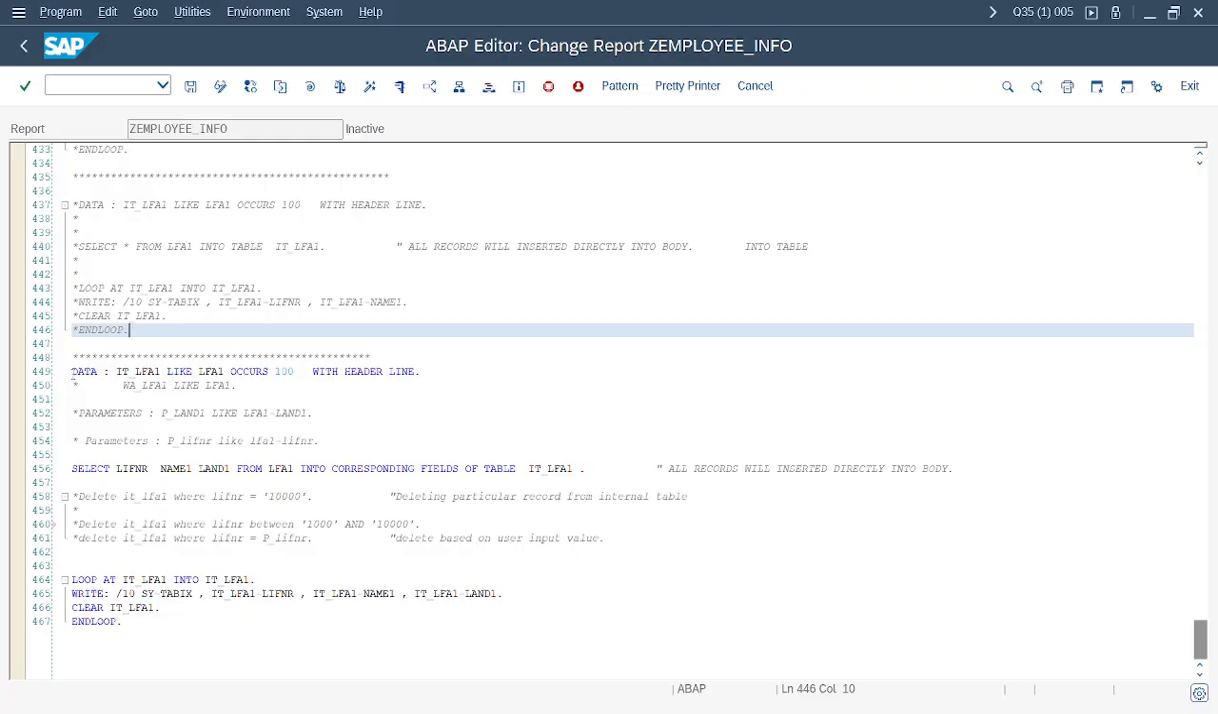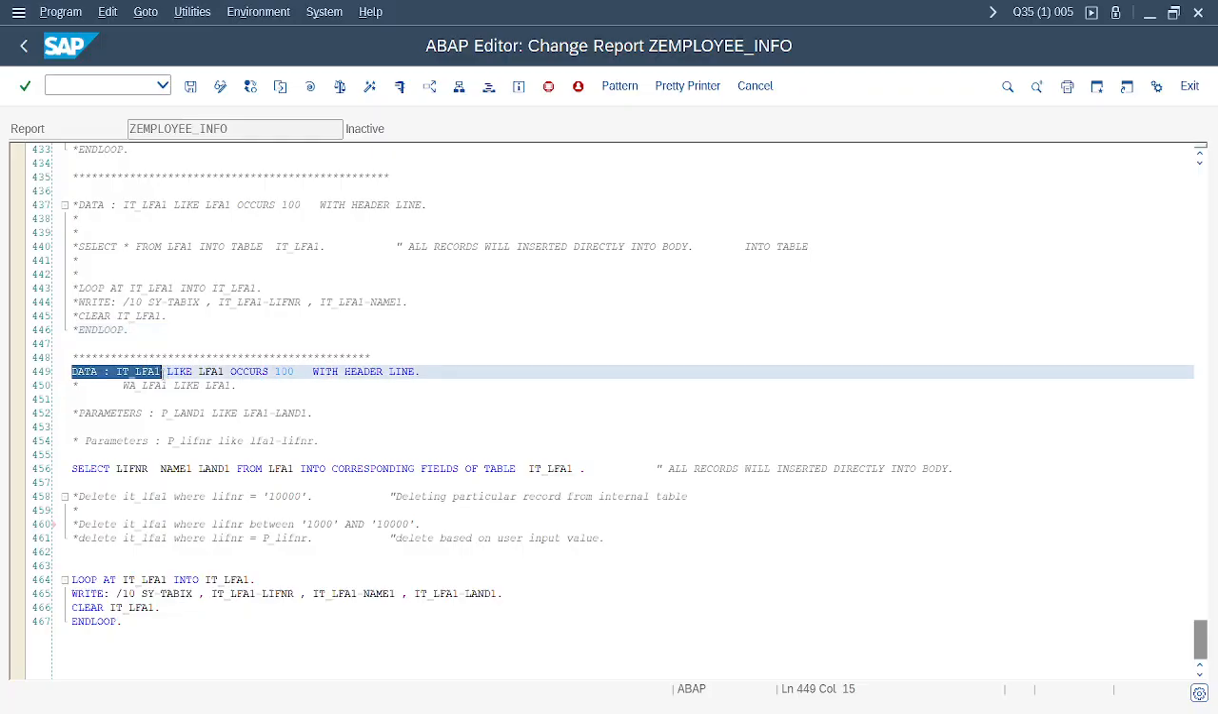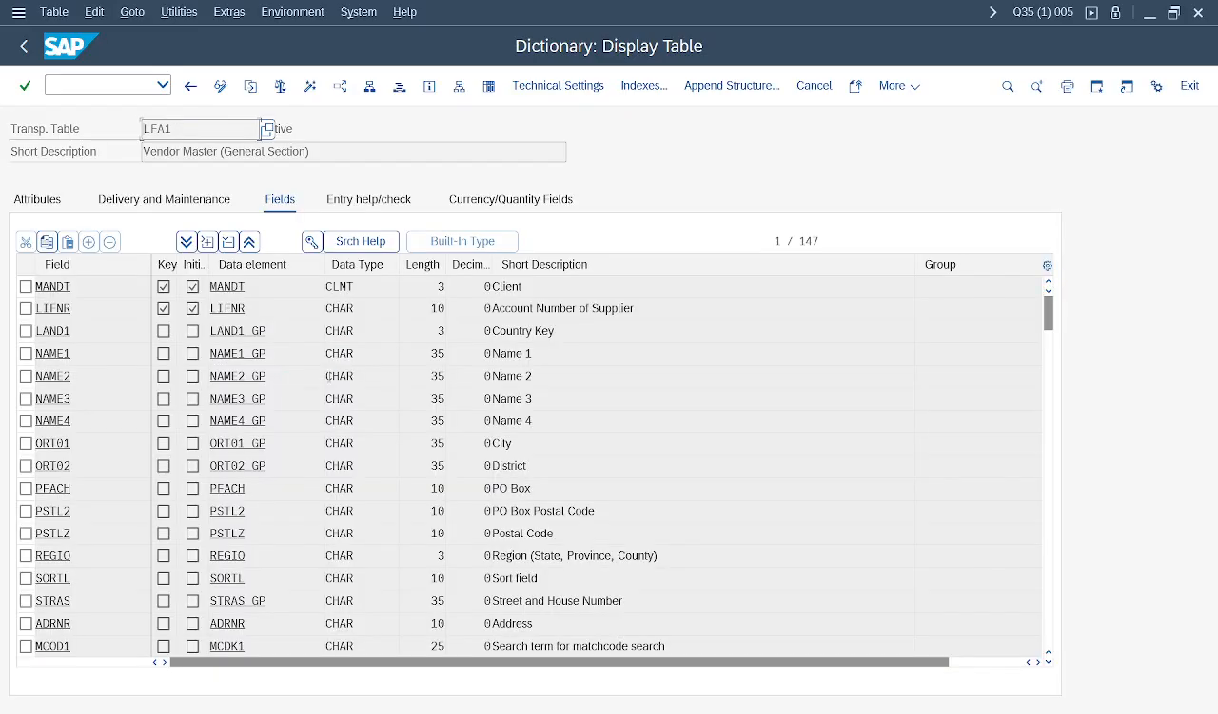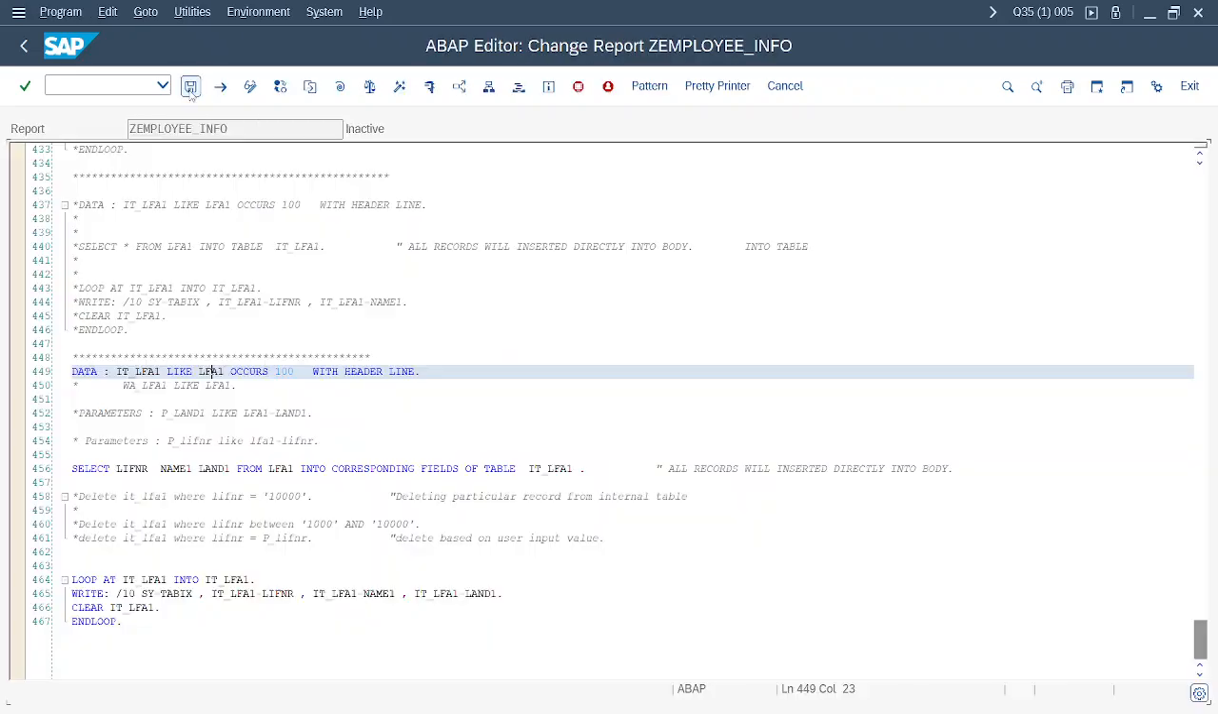So what we have done here is defined one internal table with the help of the keyword DATA, IT_LFA1 like LFA1. So we are referring to the standard table LFA1. If we double click on it, we can see the number of fields in LFA1 will be there in our internal table IT_LFA1. IT_LFA1 like LFA1 occurs 100. So how many fields does it have? It has 147 fields. So 147 fields will be transferred to our internal table IT_LFA1